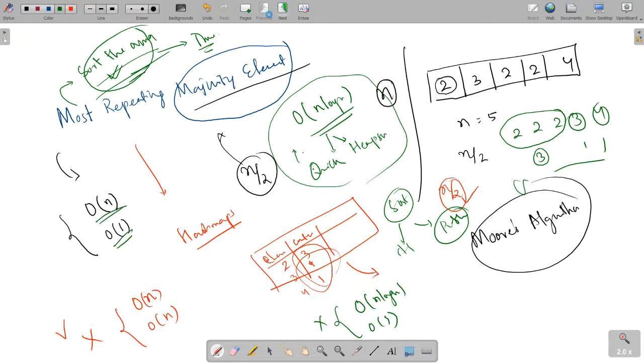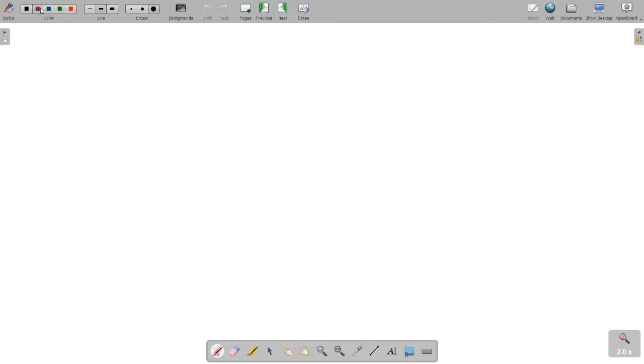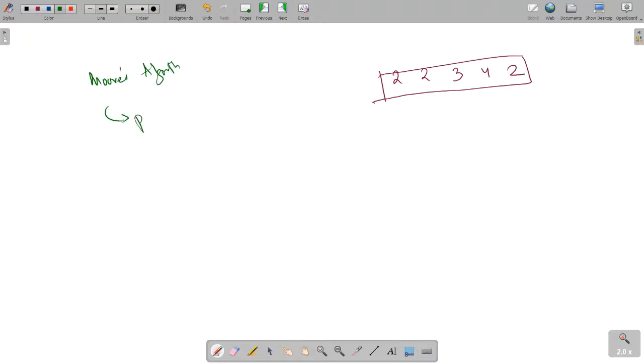So let's see how Moore's algorithm can solve it. Let me write the given array so that I can make you visually understand how to apply this algorithm. Suppose the array is 2, 2, 3, 4, 2. There are two steps involved in this algorithm. In the first step, you have to provisionally find the majority element, the element which is occurring more than n by 2 times.